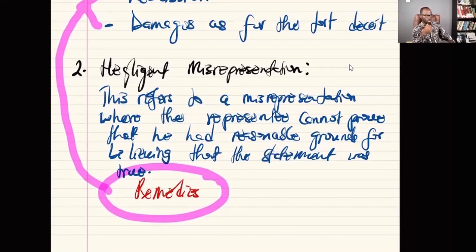That is negligent. So I made a statement, but I did not research to see if the statement I made is true. So it's more or less like an intention that I'm sharing, an opinion that I'm sharing, but this opinion is critical to the assignment, and I didn't take time to look at it because I was like, hey, we are running out of time. Can we get this thing done? Maybe later on we can check the truth of the law relating to this particular arrangement. Boom, then you enter into the contract. It is called negligent misrepresentation.